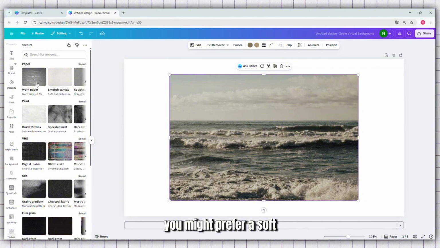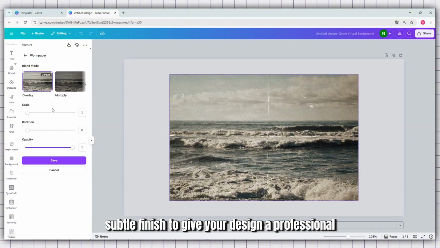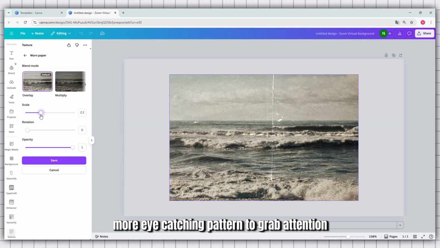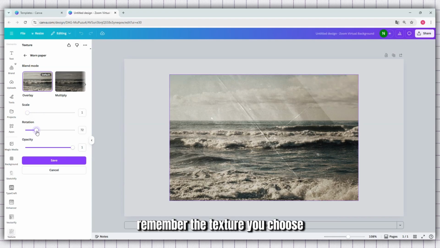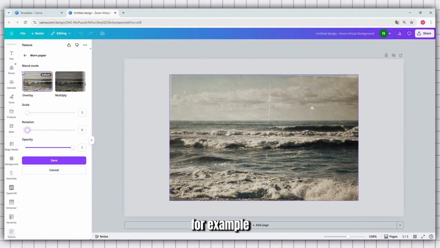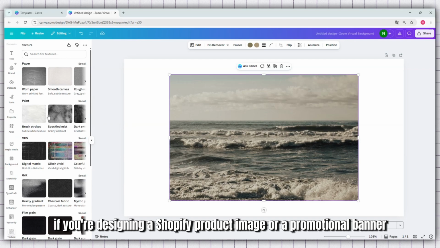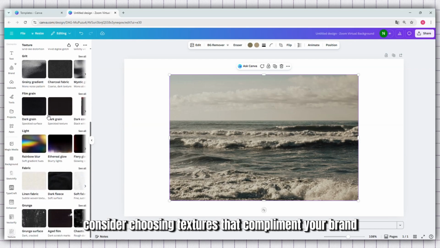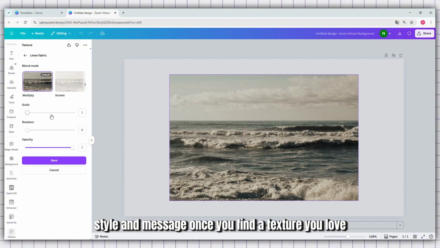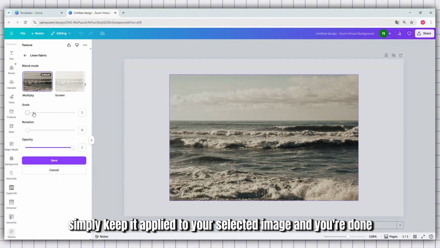You might prefer a soft, subtle finish to give your design a professional, clean look. Or you could go for a bold, more eye-catching pattern to grab attention. Remember, the texture you choose should align with the overall tone of your design. For example, if you're designing a Shopify product image or a promotional banner, consider choosing textures that complement your brand's style and message. Once you find a texture you love, simply keep it applied to your selected image, and you're